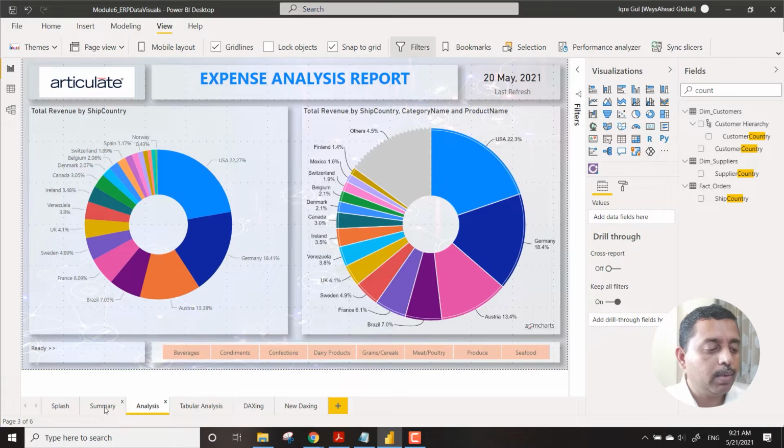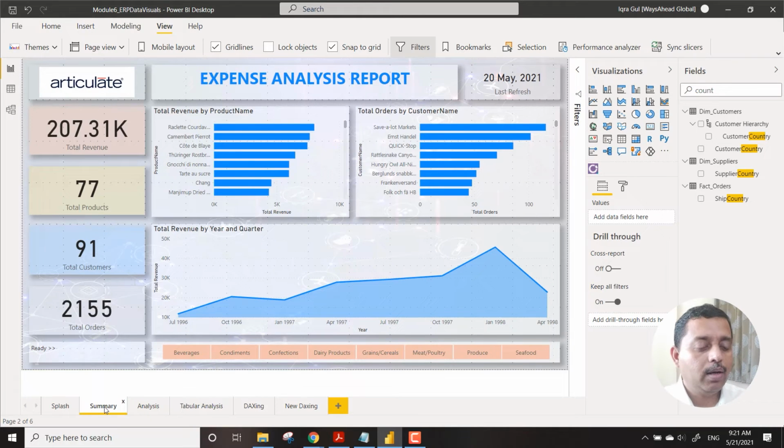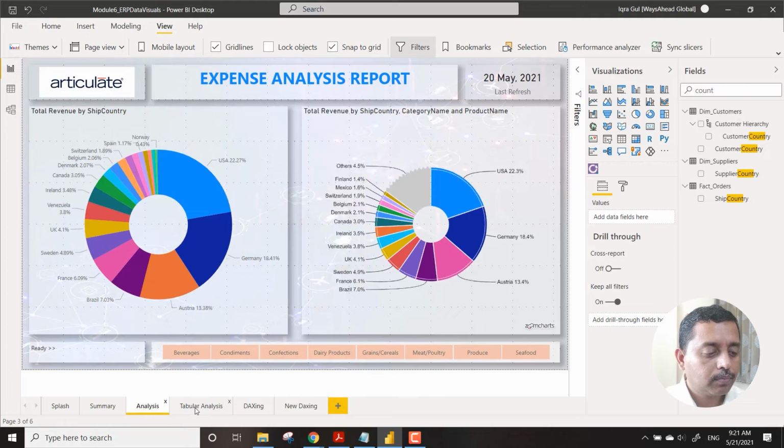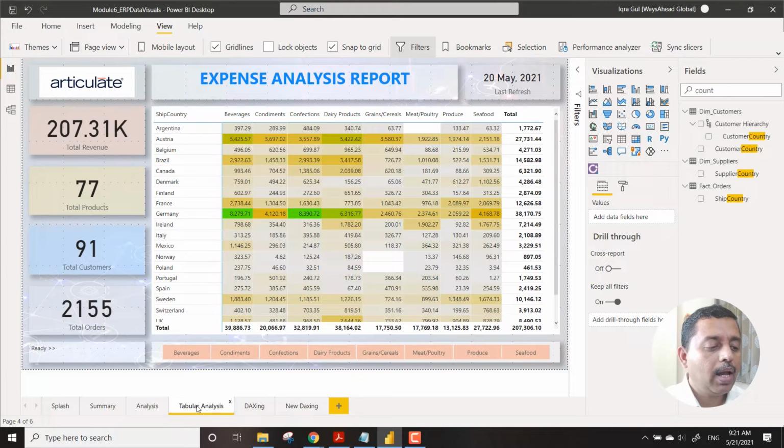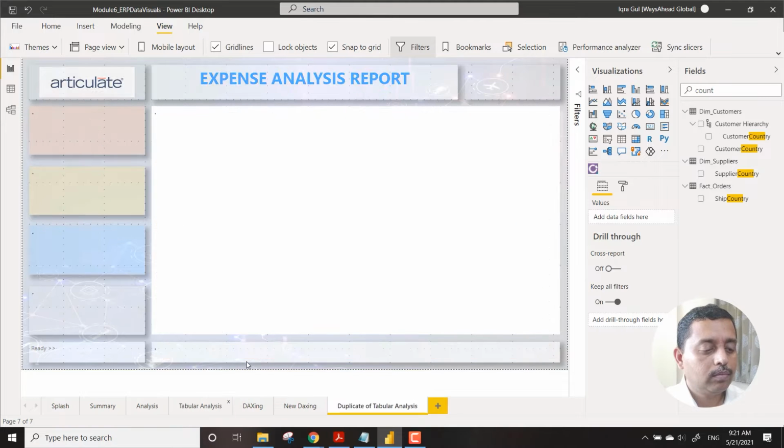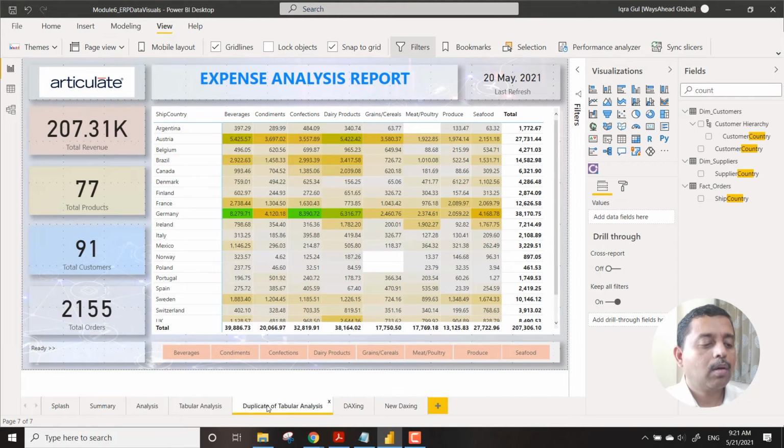Most of these parts, we have got one data point, two data point, three data point, and here what we call smart analysis.